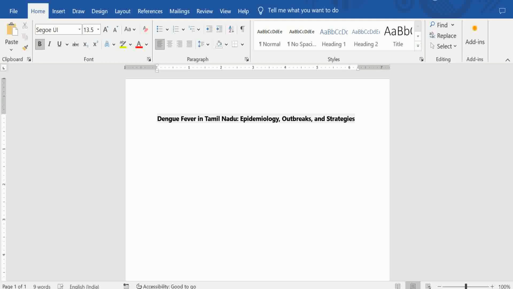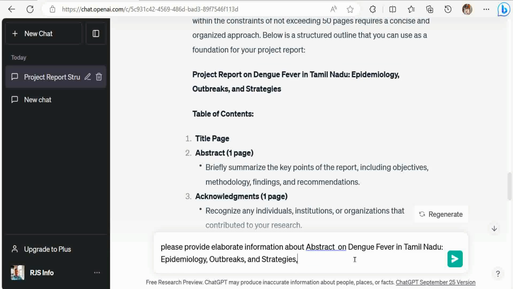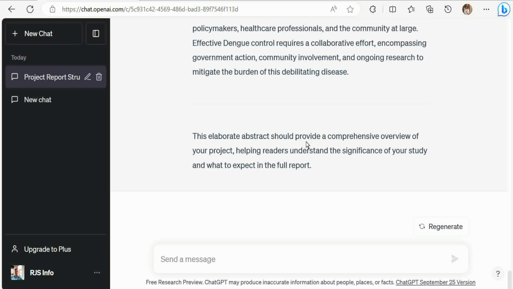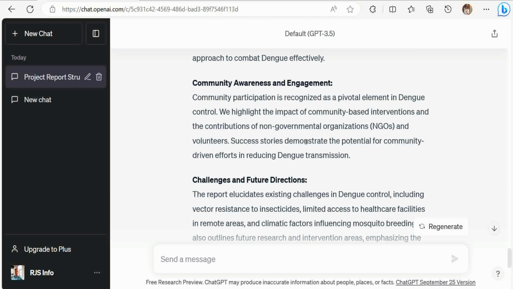So we can use another tool also for modifying some words. Provide elaborate information about the abstract, not exceeding 2 pages. So this is the elaborate abstract. Directly we cannot copy and paste it in Word